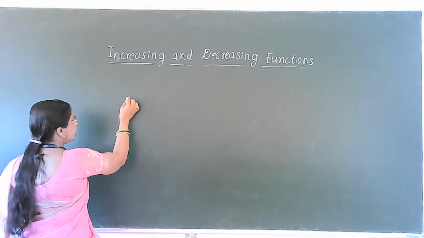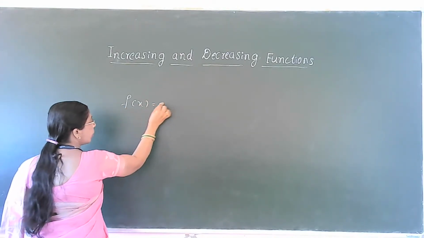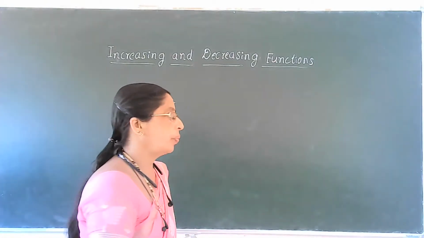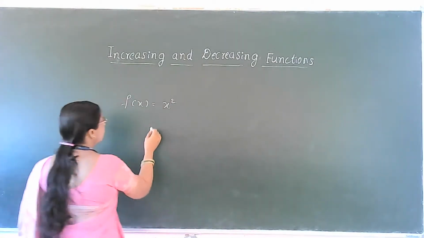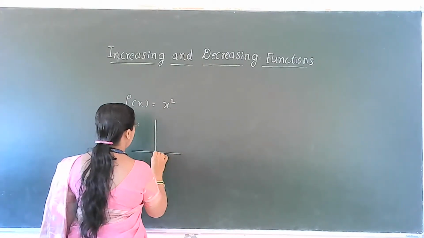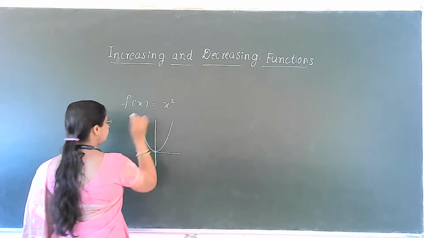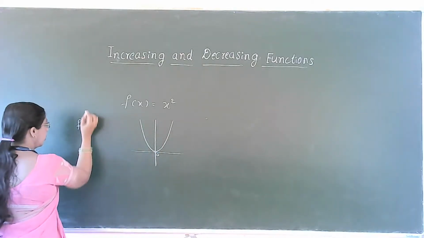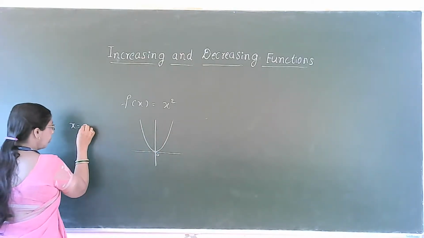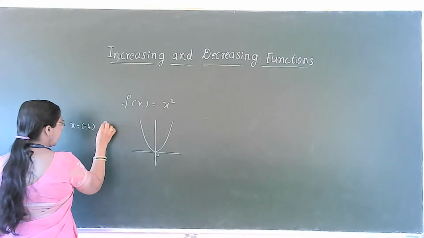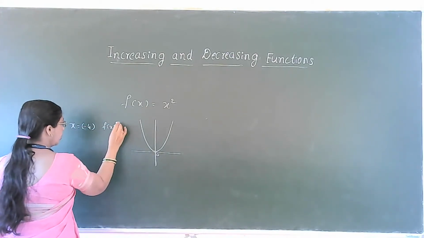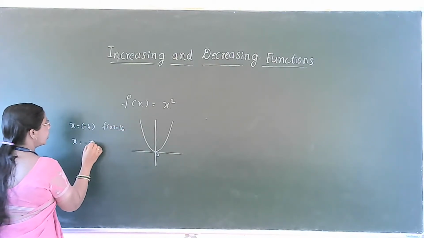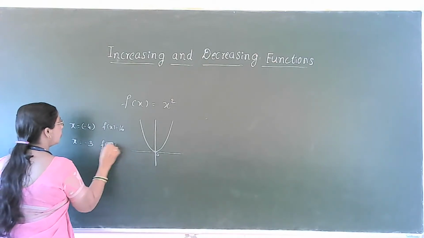To understand increasing or decreasing, we take one function, f of x equal to x square. It's a simple function. You already know about this function. The type of the graph is a parabola. If x equals minus 4, f of x equals 16, minus 4 square. If x equals minus 3, then f of x equals